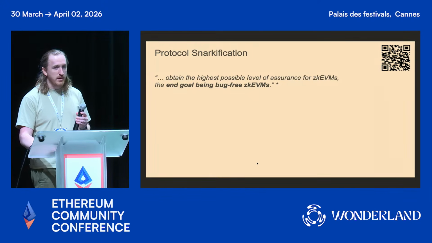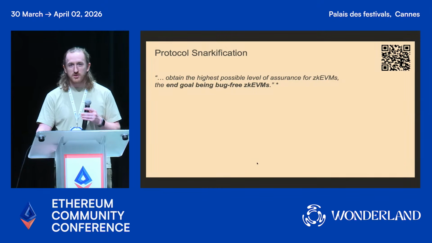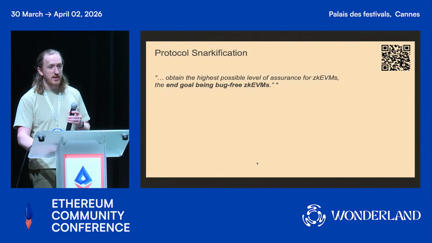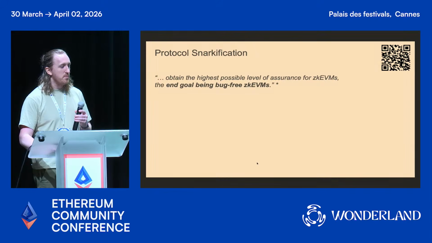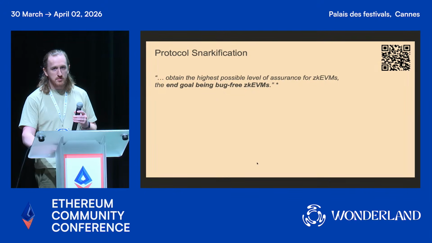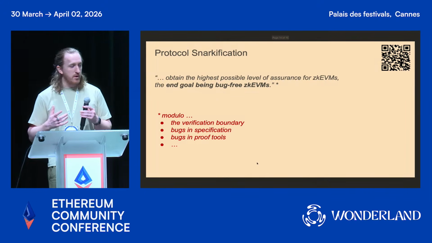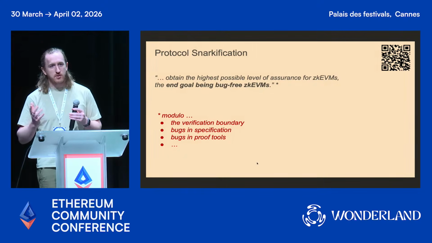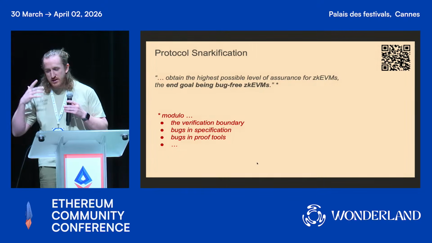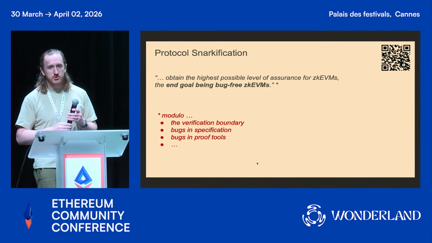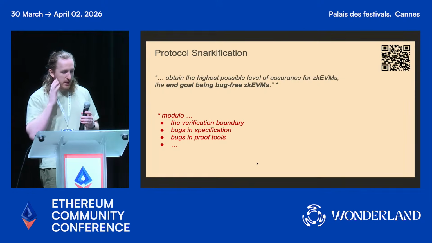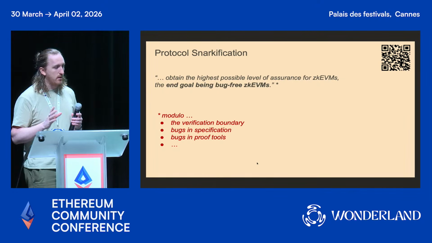So there are always caveats, unfortunately, to formal verification. A lot of mathematicians try to sell it as the silver bullet that will eliminate all bugs, and in a sense, there are some guarantees that you can make, but there are always assumptions that have to be made, which means that we have to employ all of the other techniques. This has to be just an additional technique for high assurance. We need to fuzz, we need to stress test, we need to harden, we need to do everything we can to root out all the bugs that we can.